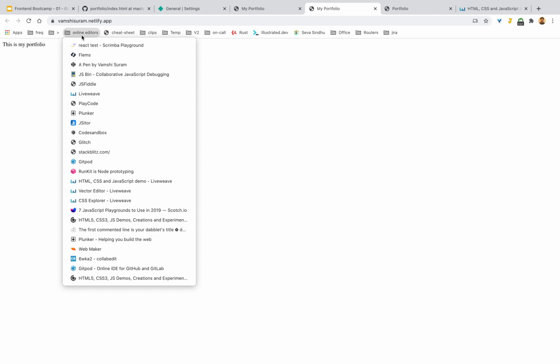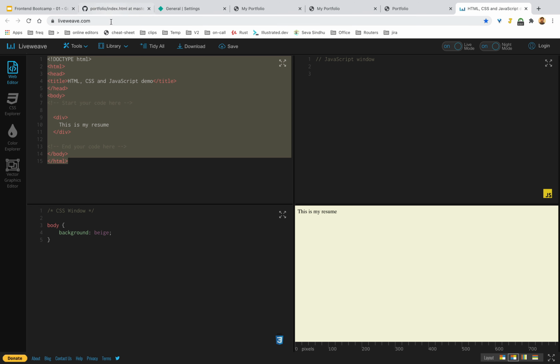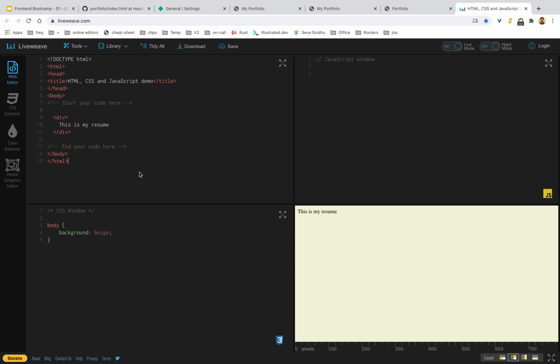And if you want to practice more on HTML, CSS, JavaScript, there are a bunch of editors which you can use. But for now, I can suggest you can use LiveView. You can change here. This is my resume test. So you can see how the page will look immediately. You don't have to deploy and check. You just practice here. You can modify the content here, everything, and once you are ready, you can just copy paste all this code into this one.